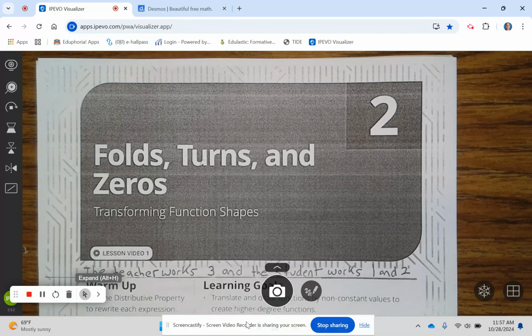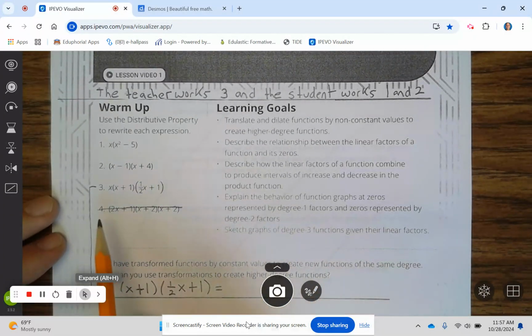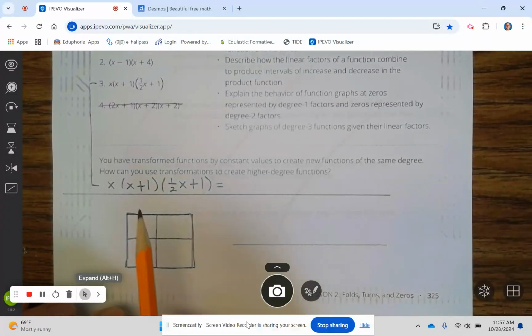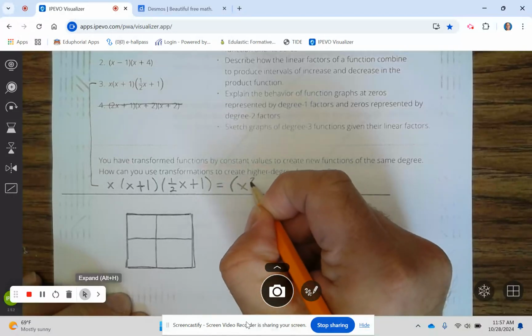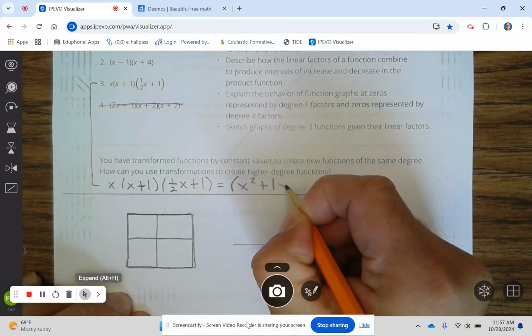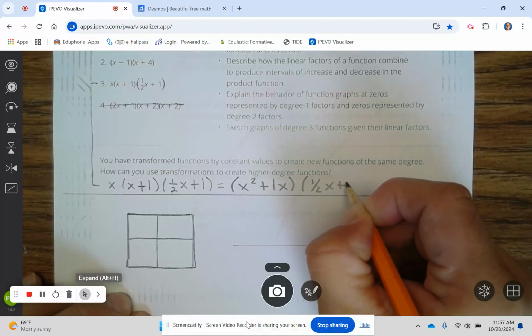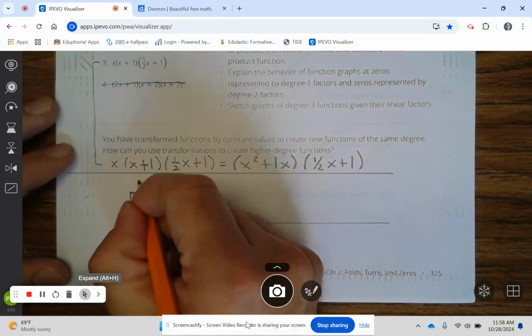Folds, turns, and zeros. The teacher works 3 and the student works 1 and 2. Okay, so 3. I'm going to move the work for 3 right here. First off, x times x plus 1 becomes x squared plus 1x, and then that's times 1/2 x plus 1. Okay, at that point we're going to multiply using the box method, so 1x squared